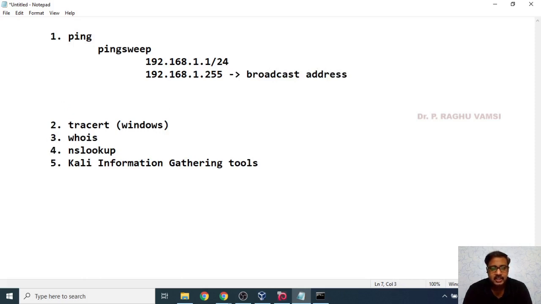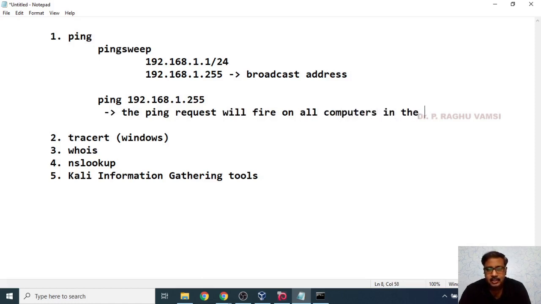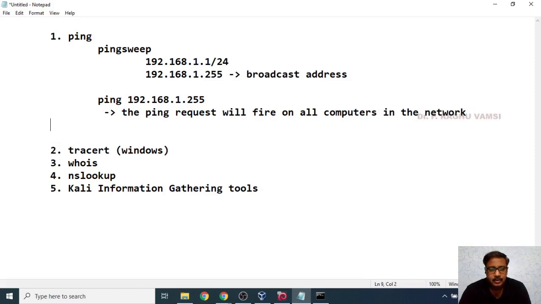So ping sweep is a technique that will be used to ping this broadcast address 192.168.1.255. Whenever this ping operation happens, the ping request will fire on all computers in the network, that is 192.168.1.1/24.